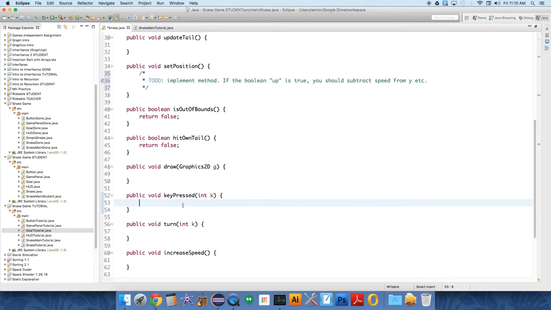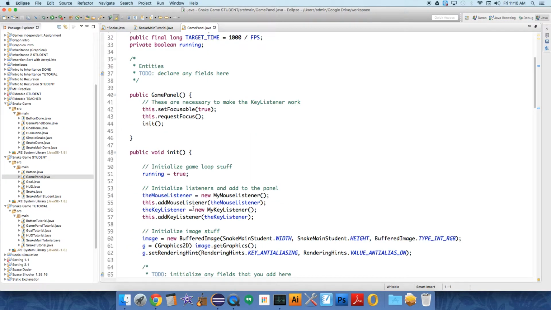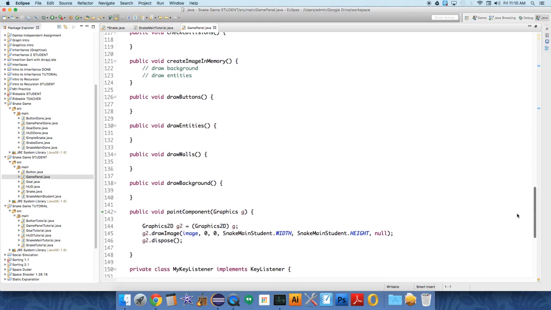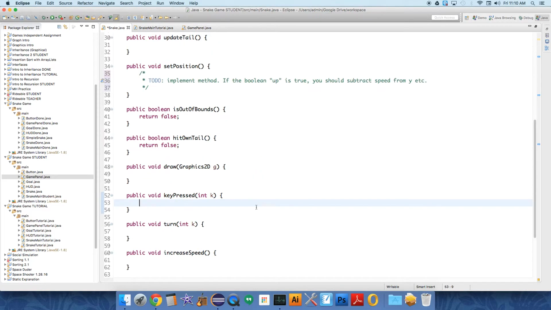At key pressed, we're listening to, so the way this method works is the panel class will send over, it has all the listeners, right? So it's going to call snake.keyPressed in its listeners, okay, right over here. We're going to do that in a minute. So it's going to send over the value of the key that was pressed in this integer called k. So you need to, this is a really important one,